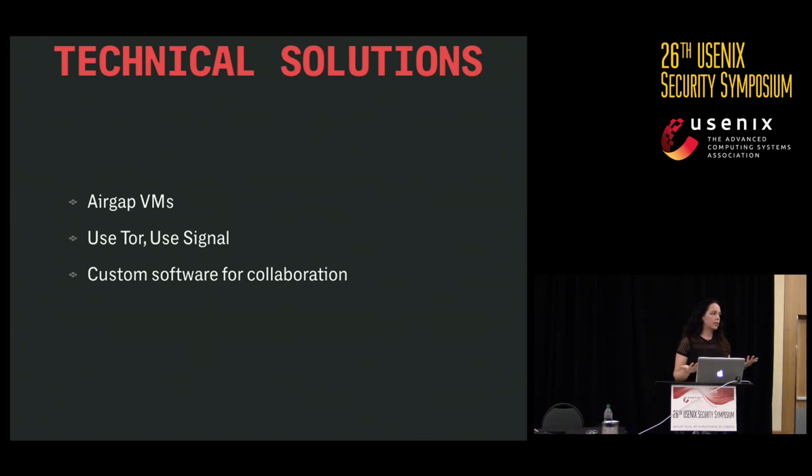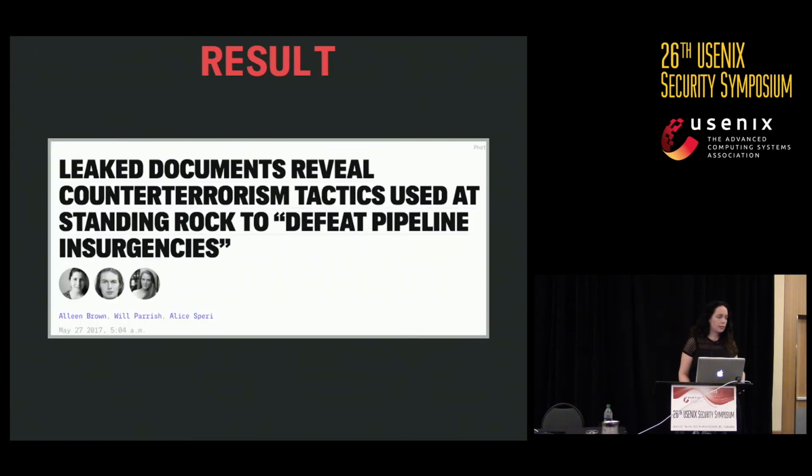And we added, of course, tons of monitoring and alerting and stuff like that. And so the end result of this story I'm talking about, it was about TigerSwan, this mercenary group that were hired to crack down on the Dakota Access Pipeline protesters. And they used all these horrible paramilitary tactics. And now, because of this story, they're in a lot of trouble. There are lawsuits against them in North Dakota. I don't think their company is probably going to survive it, but I don't know.